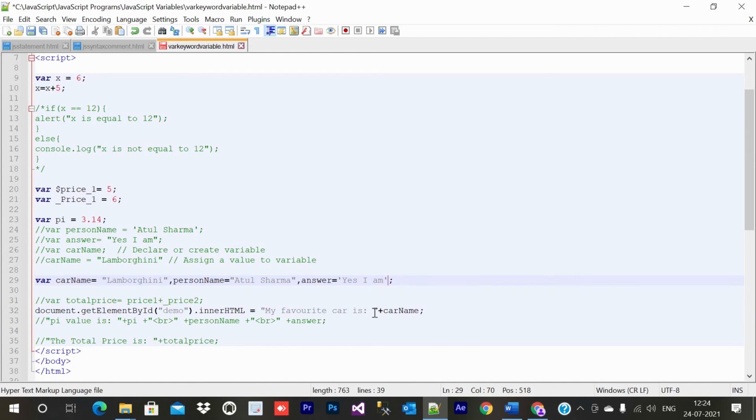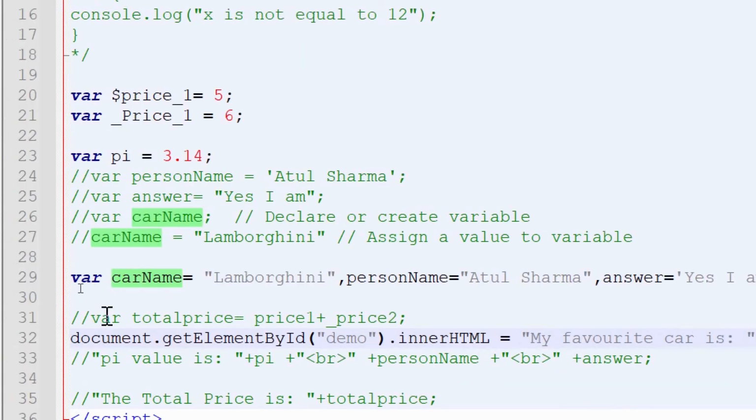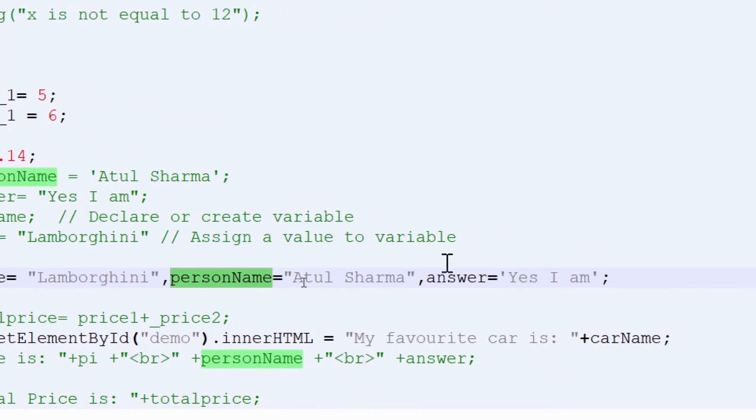Okay, so if I here just pass carName, so here you can see we have commented all the lines, and in this line we are declaring a variable carName equal to, we are passing a value, and here we are just passing another variable in the same statement, in the same line. This is just putting a comma in between. PersonName, we declare another variable, comma answer, we declare another variable.